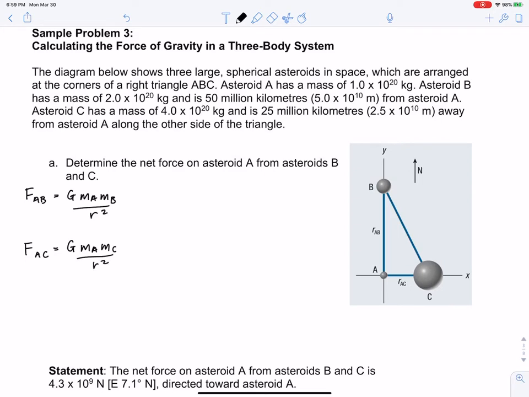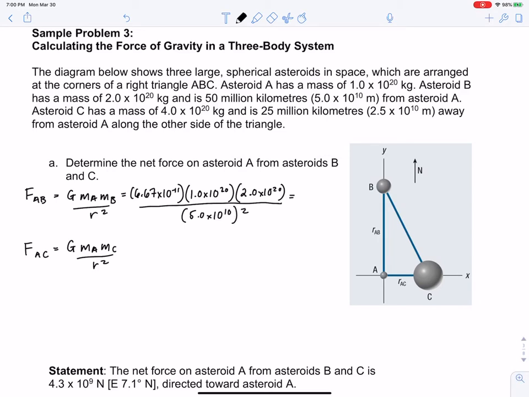And then we're going to use Pythagorean theorem to find the net force of these, since they form a right-angled triangle. So let's start subbing in these values. 6.67 times 10 to the power of negative 11. To conserve space on this paper, I'm going to omit the units. The mass of asteroid A is 1 times 10 to the power of 20 kilograms. The mass of asteroid B is 2 times 10 to the power of 20. And the radius, or the distance between these two, is 5 times 10 to the power of 10 meters